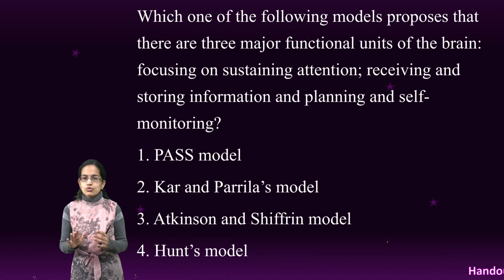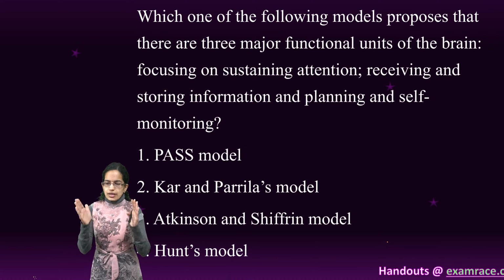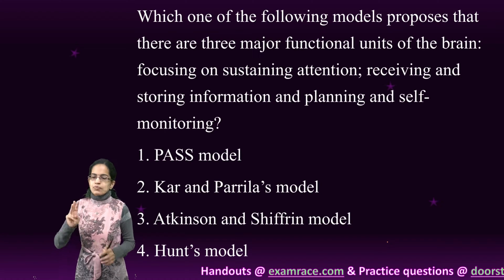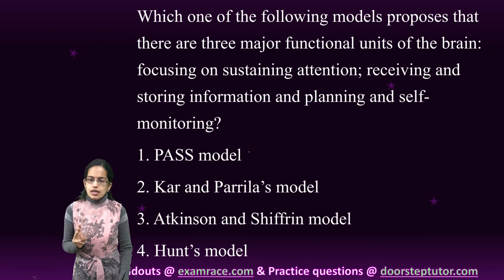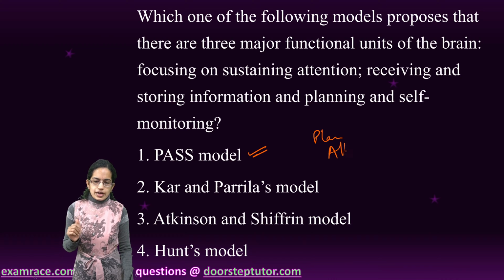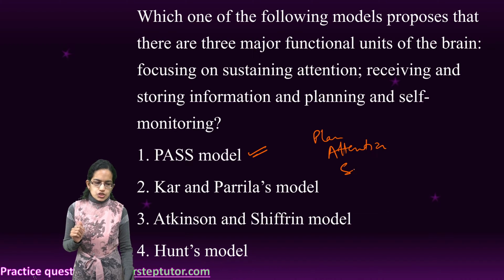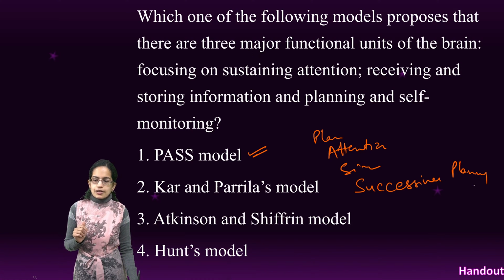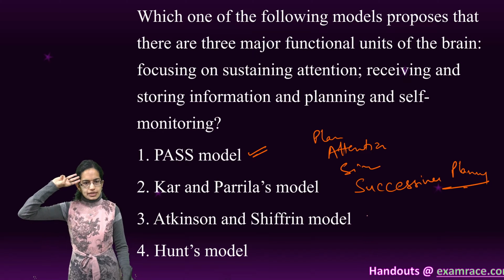major reasons for those. The next is, among the following, which model proposes the three major functions of the brain? And that is the PASS model. PASS model talks about the planning, then you have attention arousal, stimulus processing and successive planning. So those are the four steps that are taken under the PASS model, which is governed by three units of